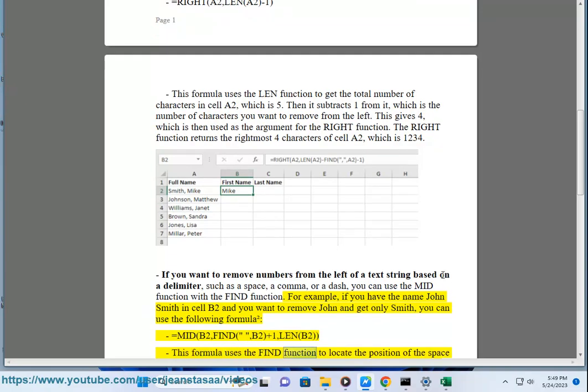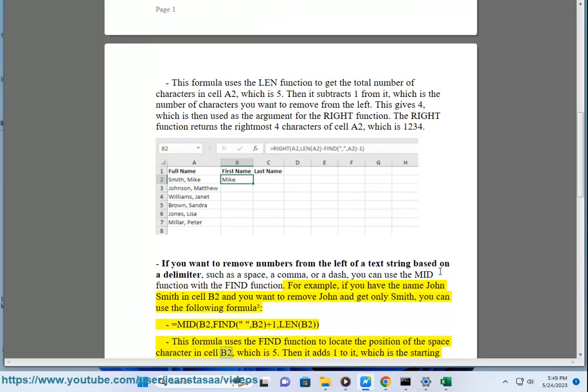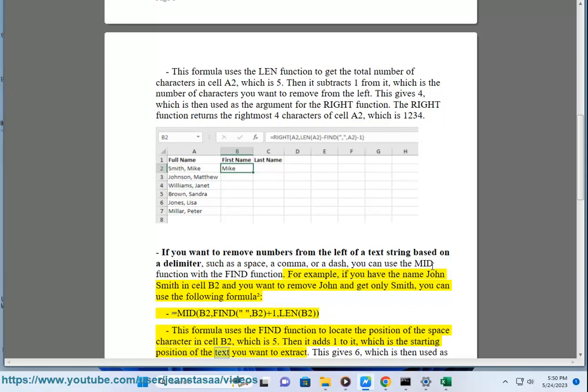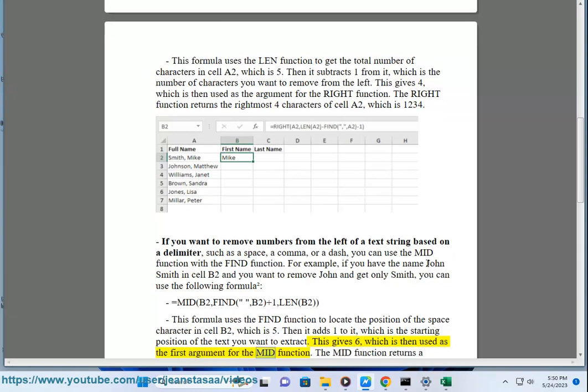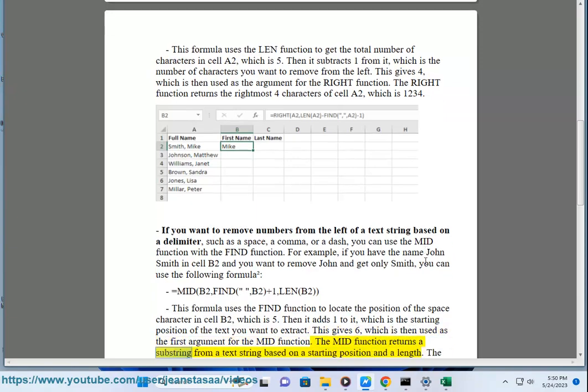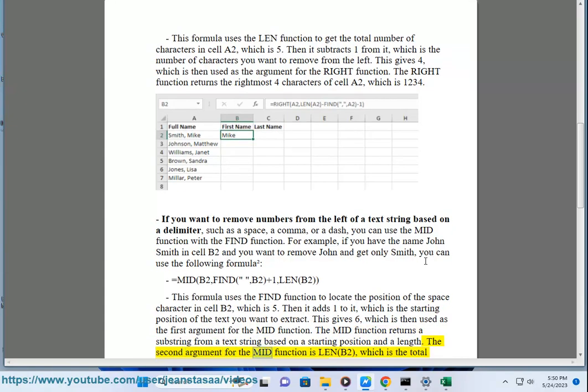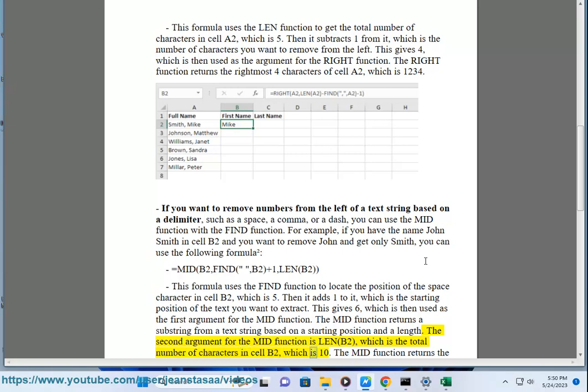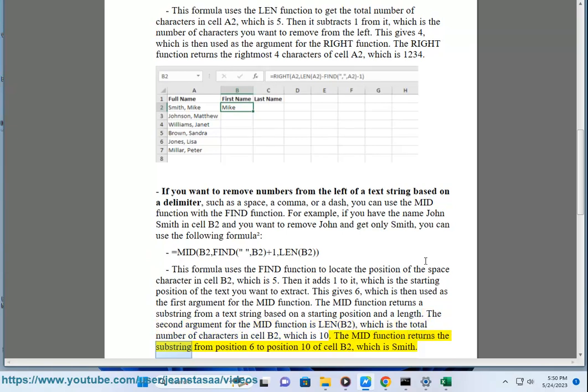This formula uses the FIND function to locate the position of the space character in cell B2, which is 5. Then it adds 1 to it, which is the starting position of the text you want to extract. This gives 6, which is then used as the first argument for the MID function. The MID function returns a substring from a text string based on a starting position and a length. The second argument for the MID function is LEN(B2), which is the total number of characters in cell B2, which is 10. The MID function returns the substring from position 6 to position 10 of cell B2, which is